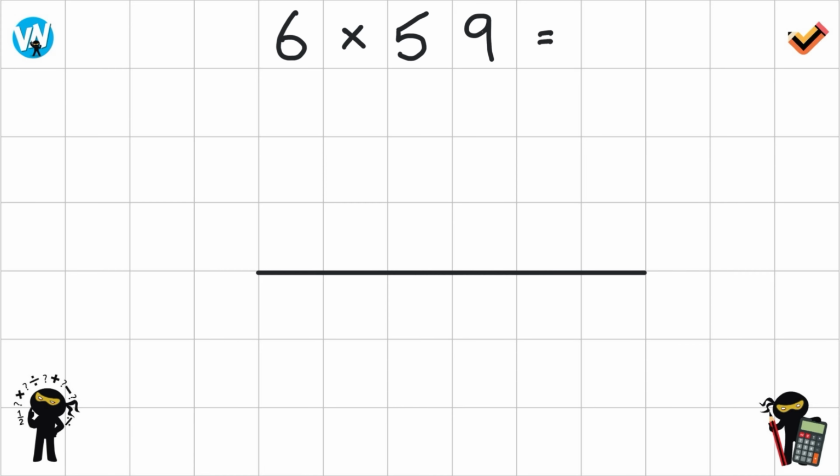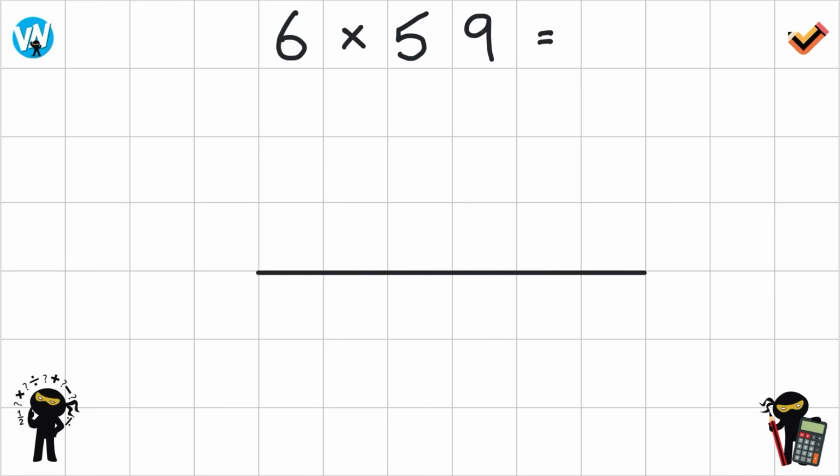So let's take a look at another question. This time we've got 6 times 59. Now again, some of you might be quite comfortable doing 6 times 50 and knowing that that's 300, 6 times 9 is 54, and then adding them together. Some of you might also spot that 59 is very close to 60. So you could have done 6 times 60 and got 360 and then taken away 6 to get your answer. There are always lots and lots of ways to carry out arithmetic problems, and ultimately it's about getting the right